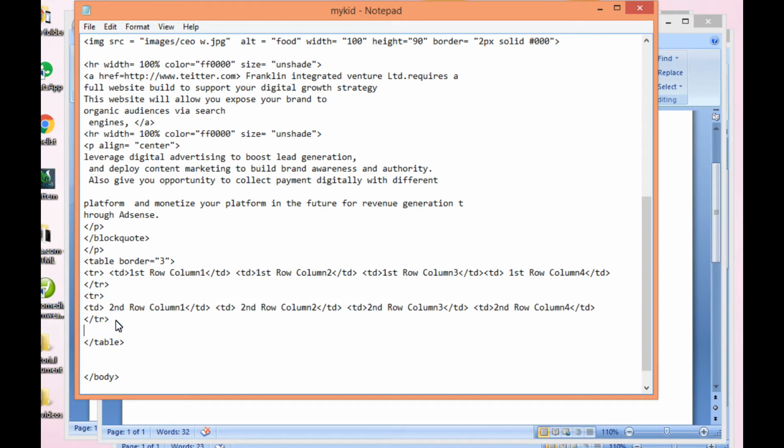We can say this is the third row: third row column 1, third row column 2, third row column 3, third row column 4. So when we save,